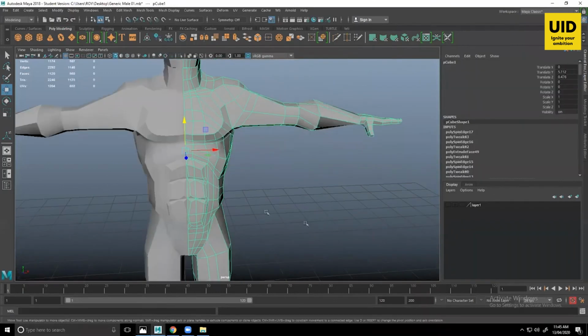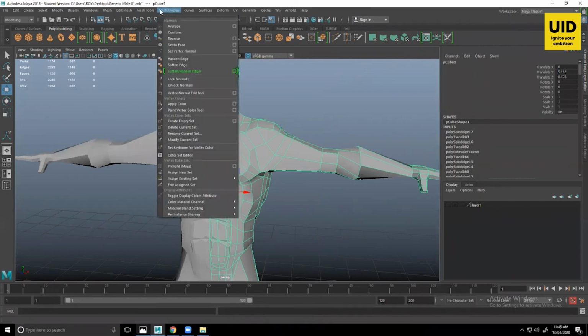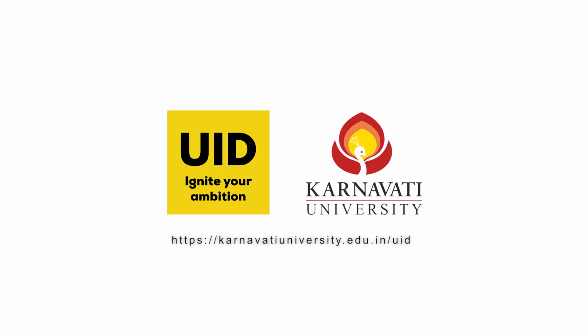Okay. Yeah. So what you can do is you can go to just soften the edge. Soften it. Apply soften it and you can